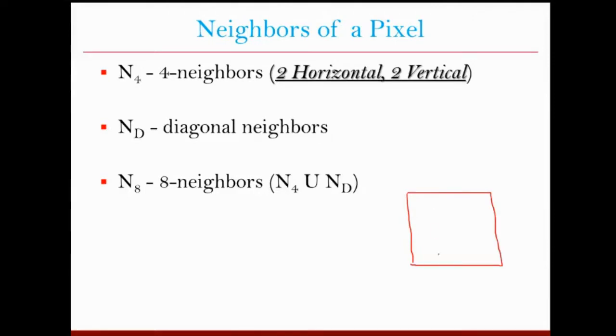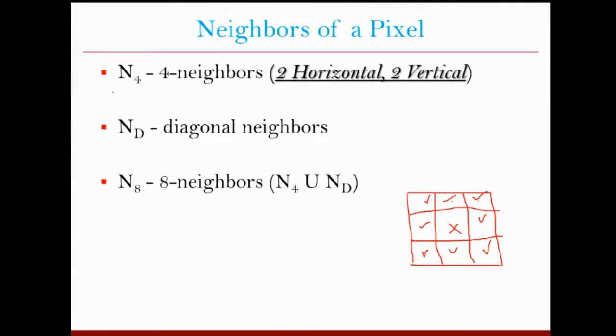It is obvious that if you are talking about an image and a particular pixel in this image, then its neighbors can be all the pixels which are surrounding it. Normally in your home, who is your neighbor? The person staying next to you. Similarly here, who is the neighbor for this particular pixel? Maybe you can say these pixels can be its neighbors. But these neighbors can be classified into different categories, and sometimes we are only interested in some particular neighbors, not all the neighbors.